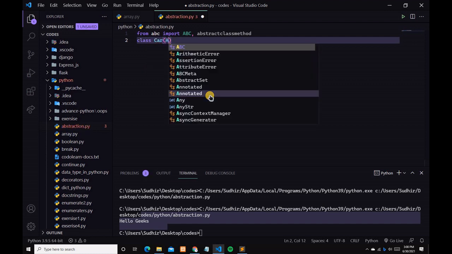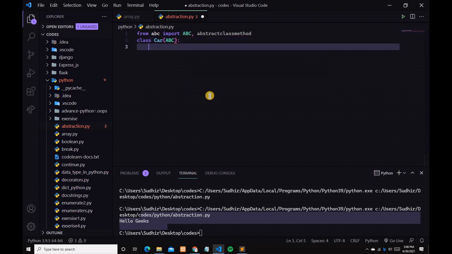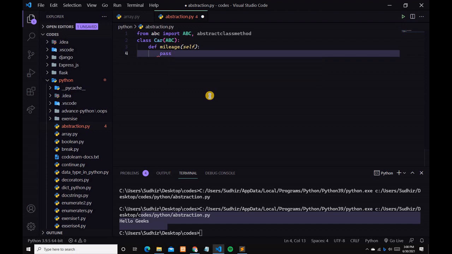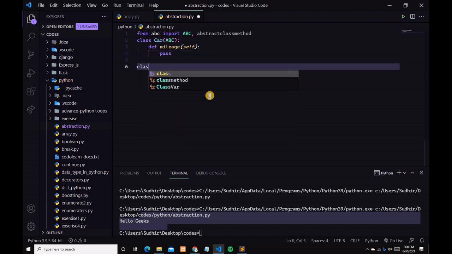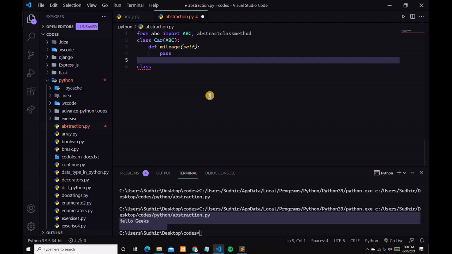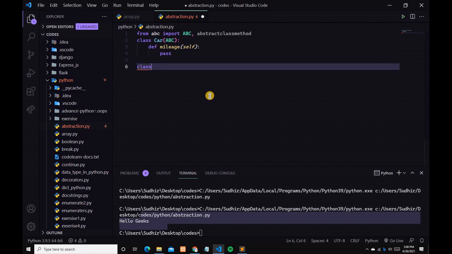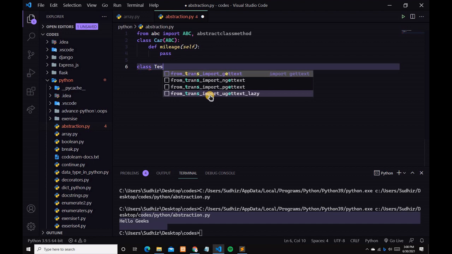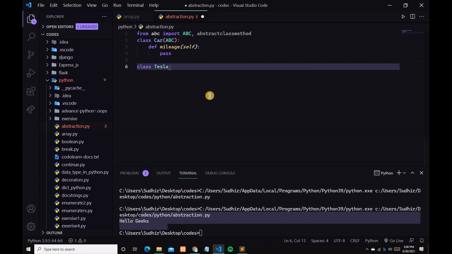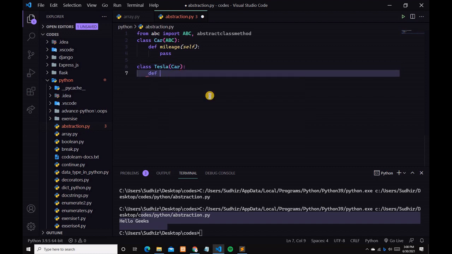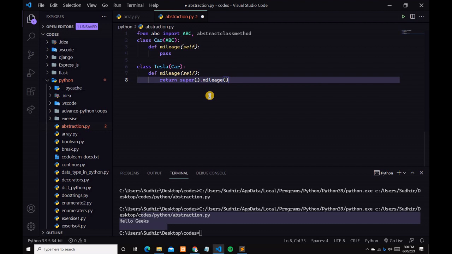Then you have to type class Car, and then def mileage with self, then pass, and then come out from this Car class. The next class name is going to be Tesla, and you type Car in the parameter, and then mileage.